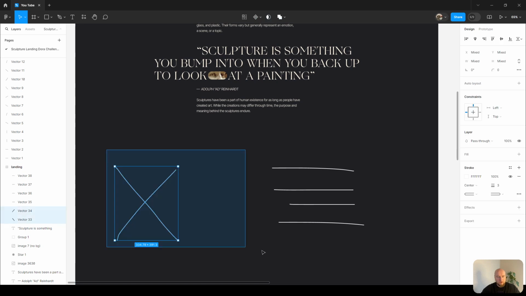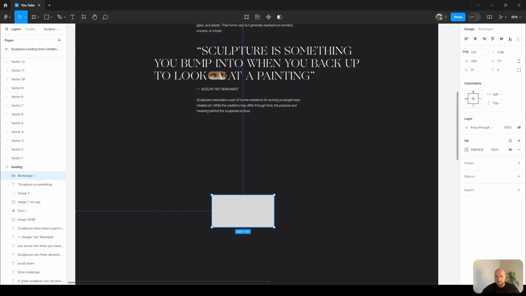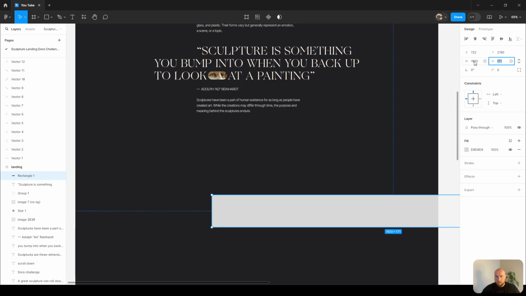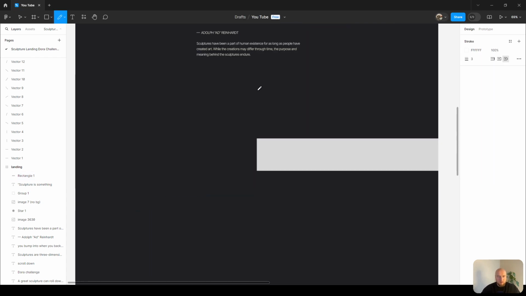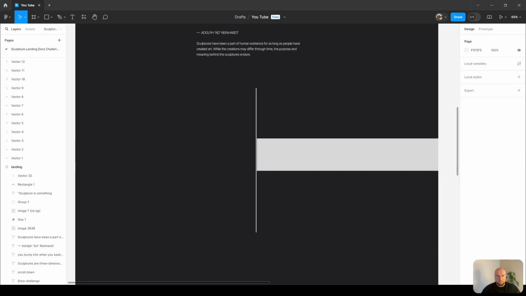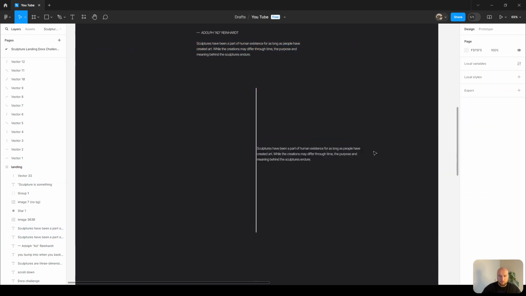So first we need to define the center of that screen. It will be our guiding line. Here will be our text. This text I got from the internet,